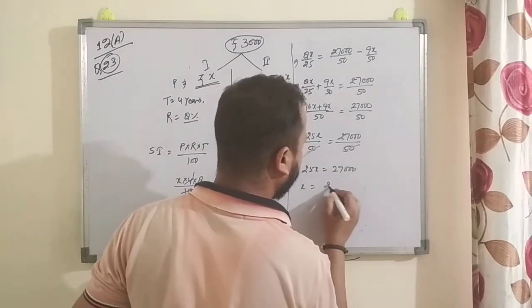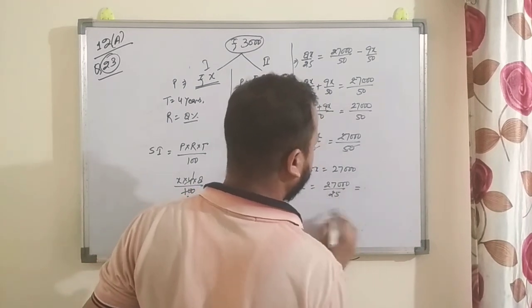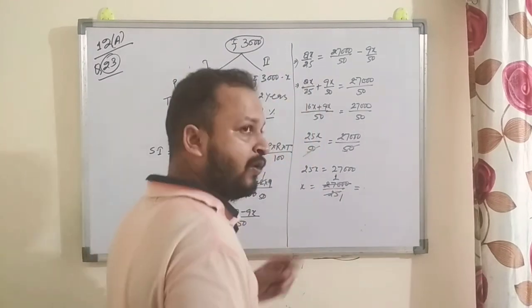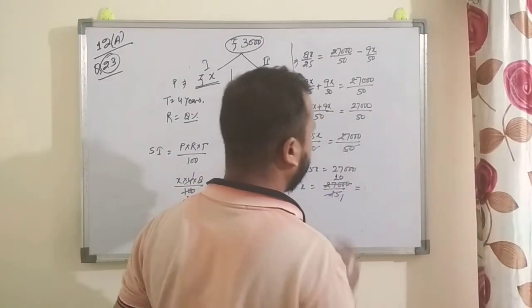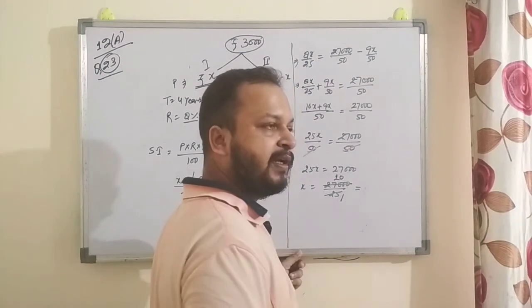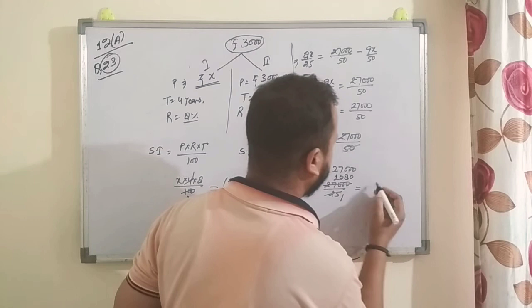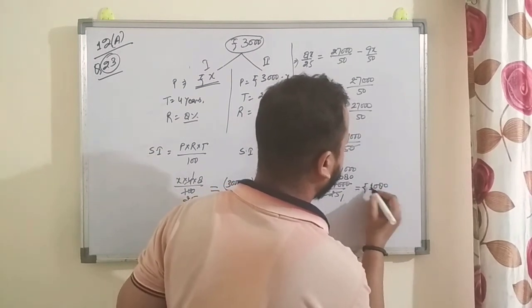So x is equal to 27,000 divided by 25. So 25, 1 year 25. 2 is left, 20. 20 you cannot cancel it out. So take 0 also. 200, 225, 8 is also. 1080 is the first part, right?